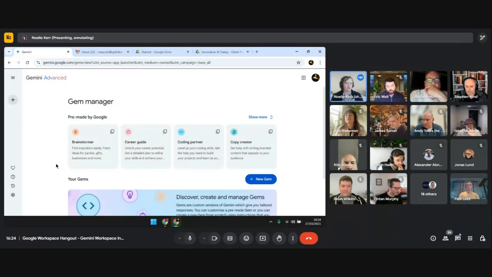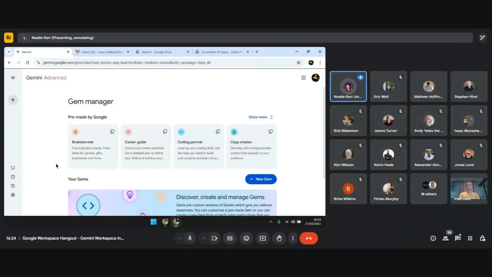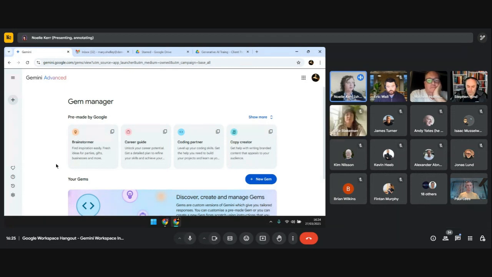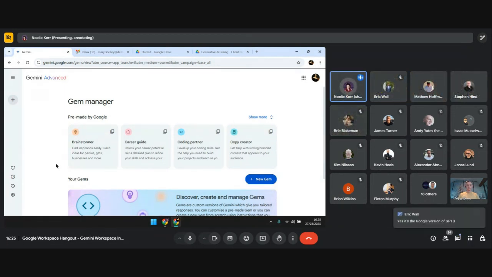Where this is useful is it means each time I start a new chat, I don't have to start setting up all that context if I have a particularly thorny or a particularly deep cut on the way that I need to look at something. As a trainer, I use this a lot of the time. I have a gem set up to say, you're a trainer, here's how you have to explain stuff, here's the information sources that you should look in, here's the tone of voice that you normally write in, and it's able to respond to me and write things for me